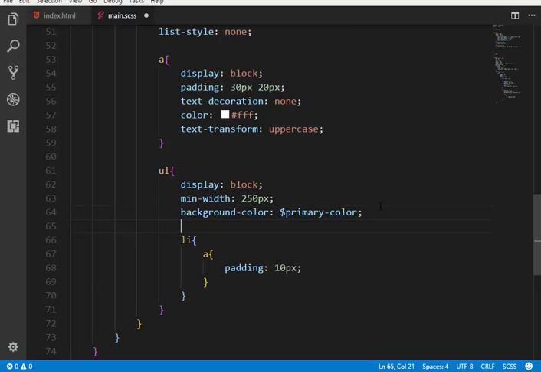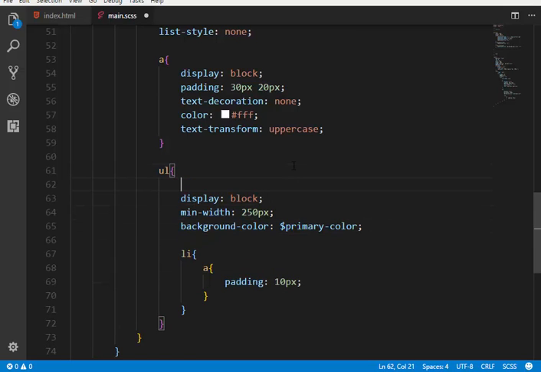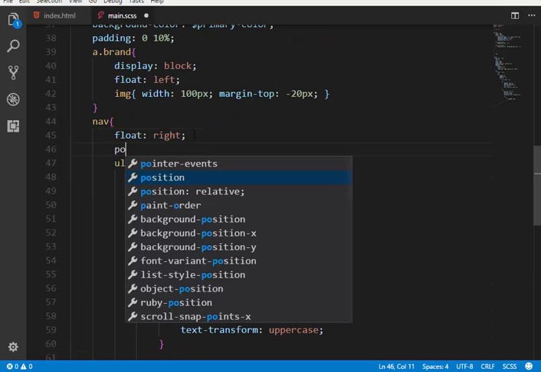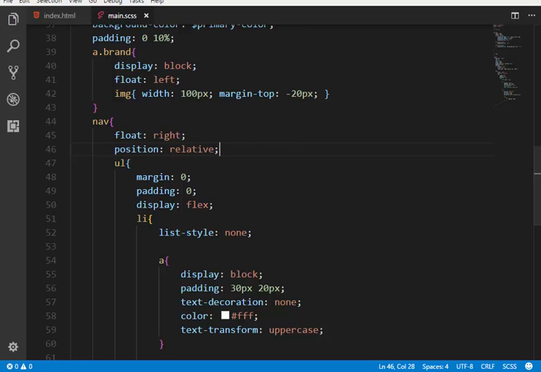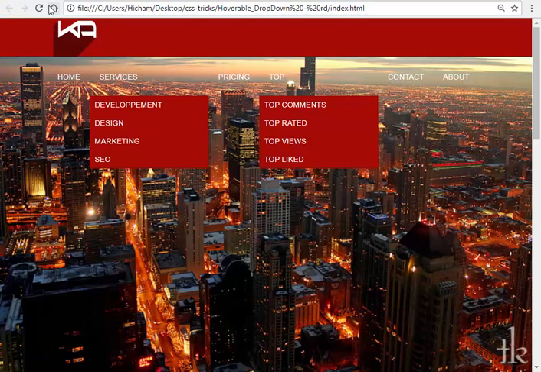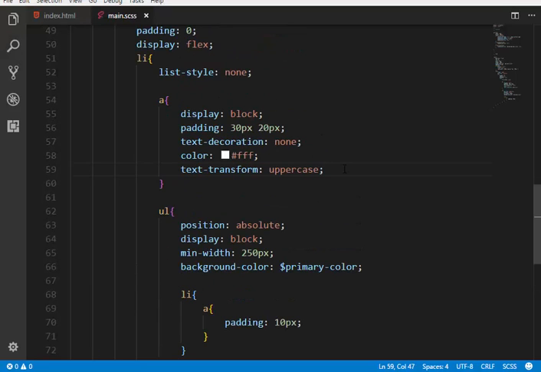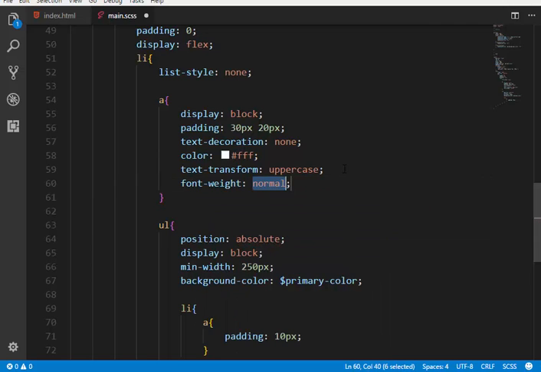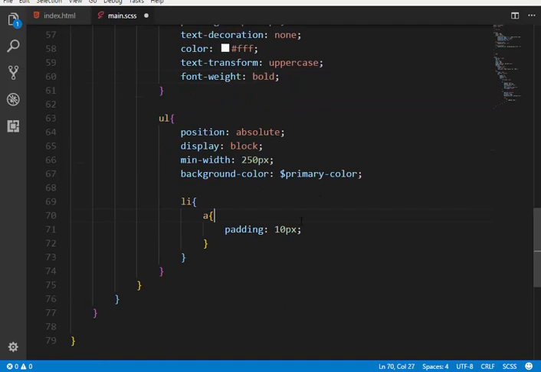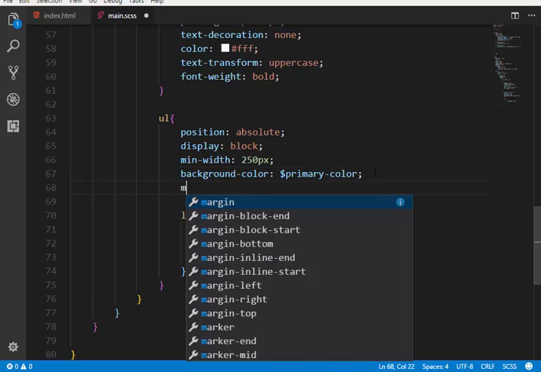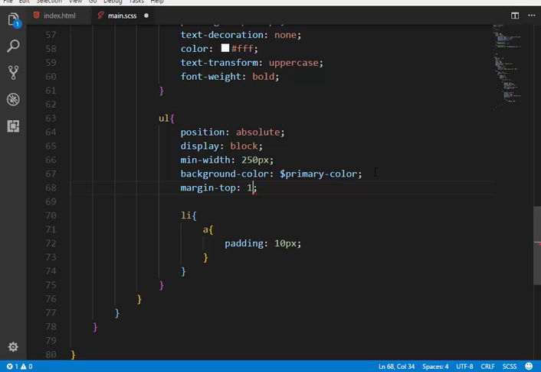And let's give this one a position of absolute, and for the nav a position of relative. Again, refresh. Alright, so now everything is like what I want. Also, let's go here and give this one a font weight of bold. Alright, so what I need also is a margin top of 1 pixel here,